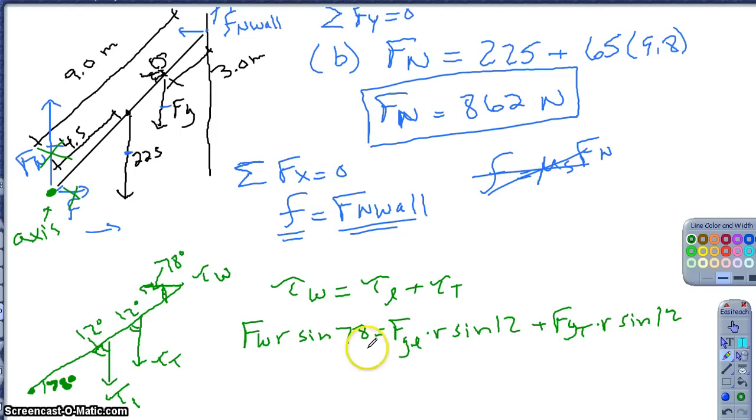And at this point, it's just a matter of plugging everything in. The only measurement that we don't know is the force of the wall, which is also my force due to friction. When you calculate this, you should get that to be about 114.1